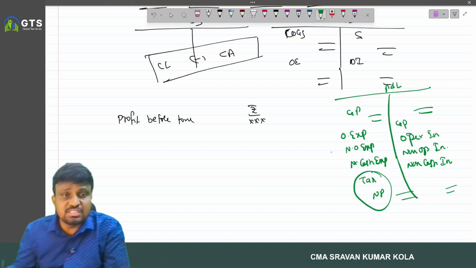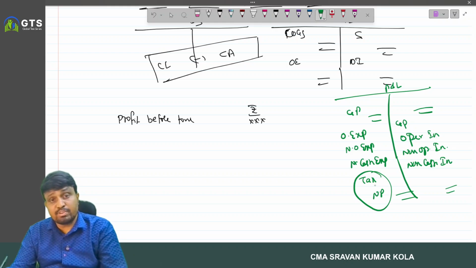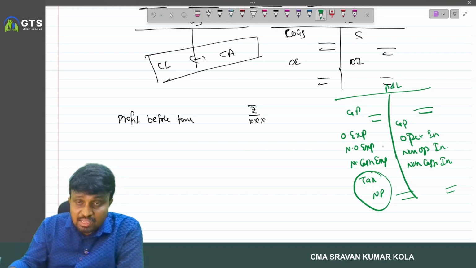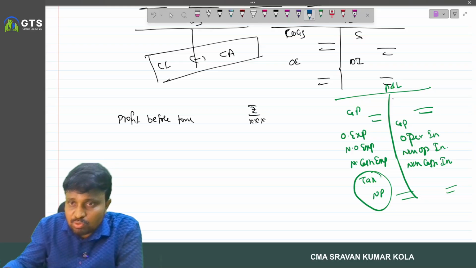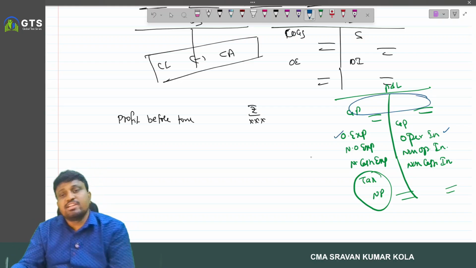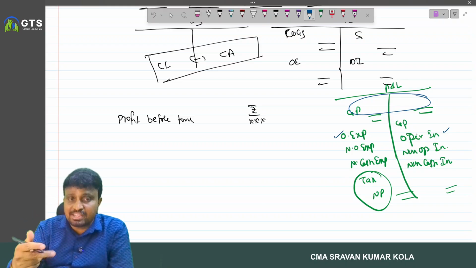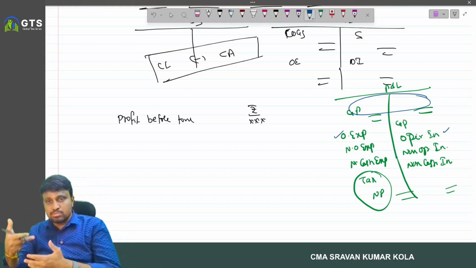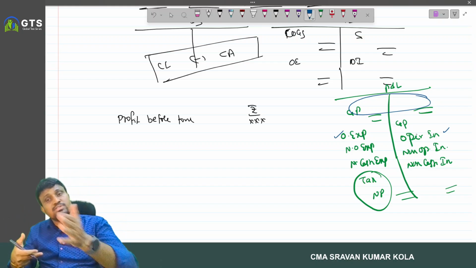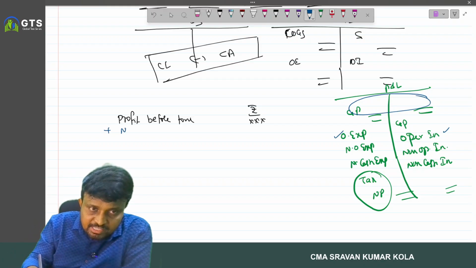But here we start with profit before tax. Profit before tax means net profit plus tax. And here we have to consider only this part: operating income, operating expenses and the gross profit related part. And all the other items are required to be adjusted back. If those were reduced, then we have to add back. If those were added, we have to reduce it. Nothing but non-operating